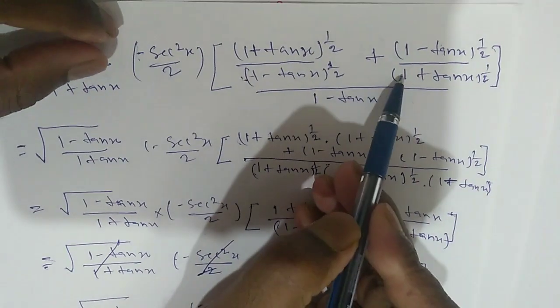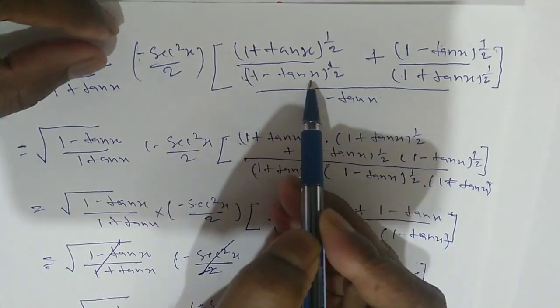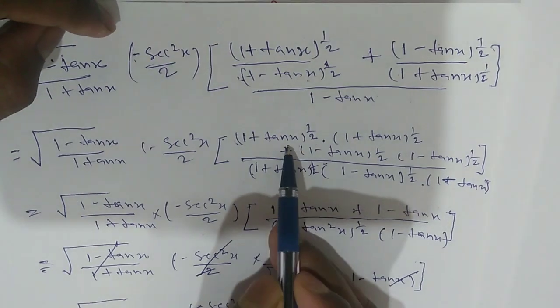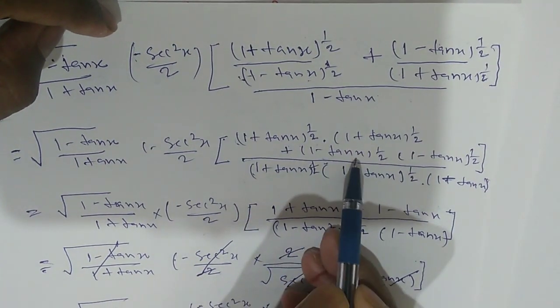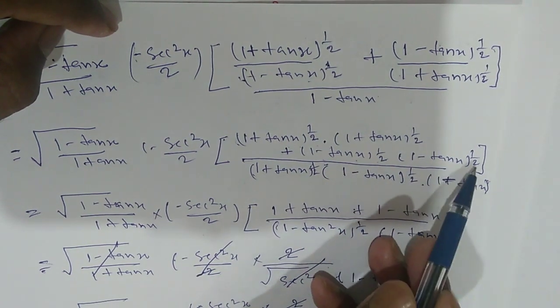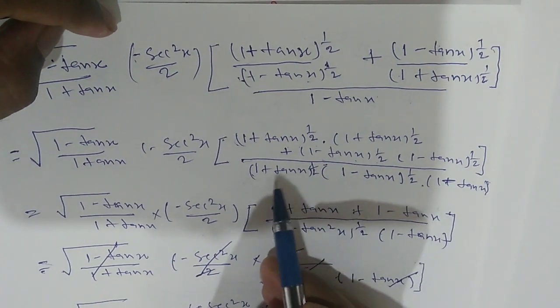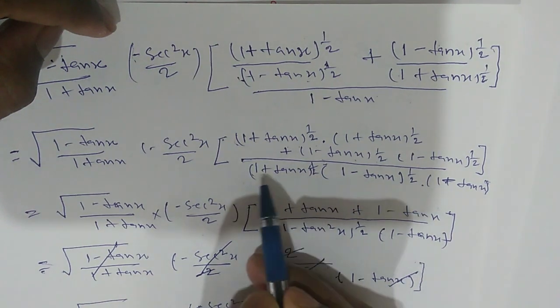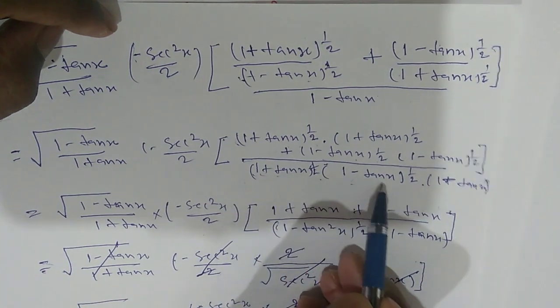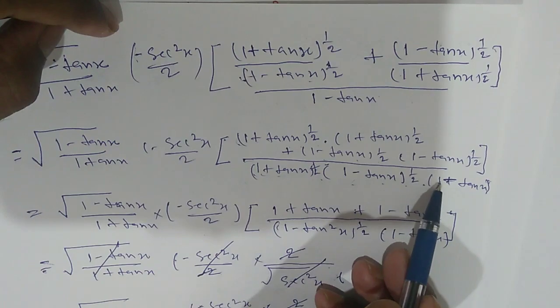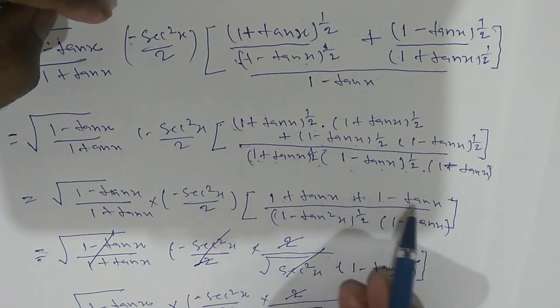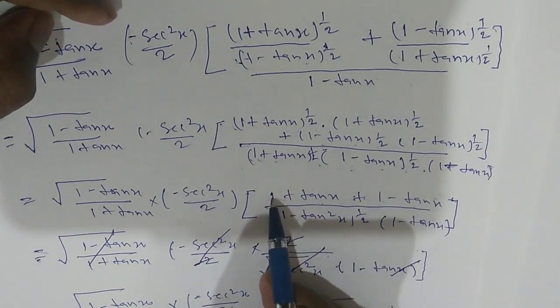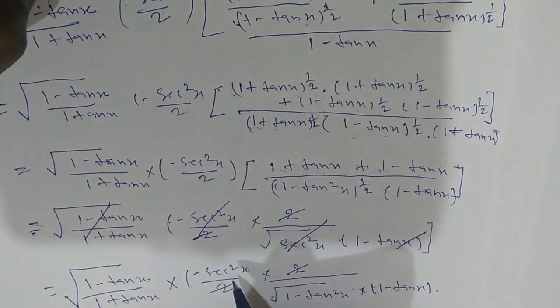this multiplied to this one, this multiplied to this one, and this multiplied to this one. So right here, (1 plus tan x)^(1/2), (1 plus tan x)^(1/2), (1 minus tan x)^(1/2), (1 minus tan x)^(1/2). Here multiplying together (1 plus tan x)^(1/2) and (1 minus tan x)^(1/2), and outside 1 minus tan x. After multiplying we got 1 plus tan x plus 1 minus tan x. Tan cancels out, 1 plus 1 is 2, so 2 and 2 cancel out, and